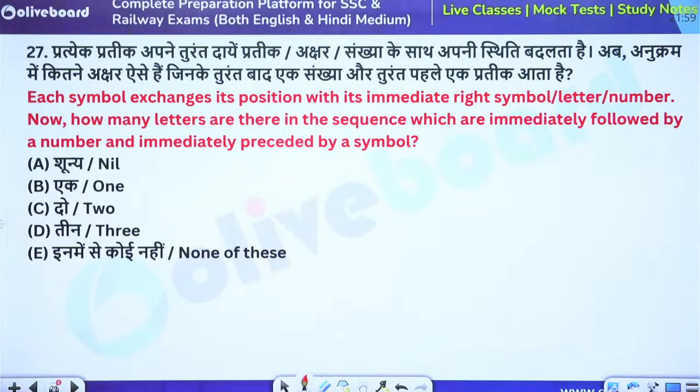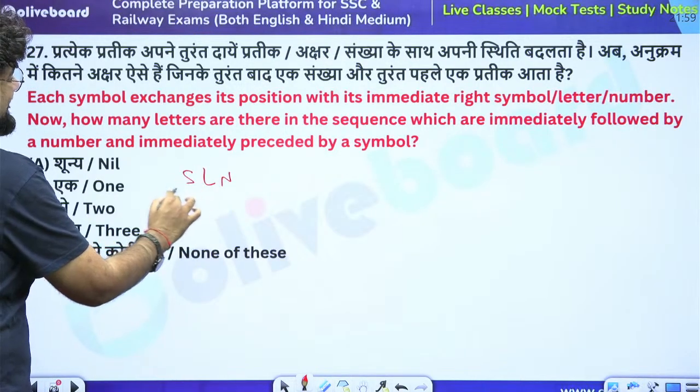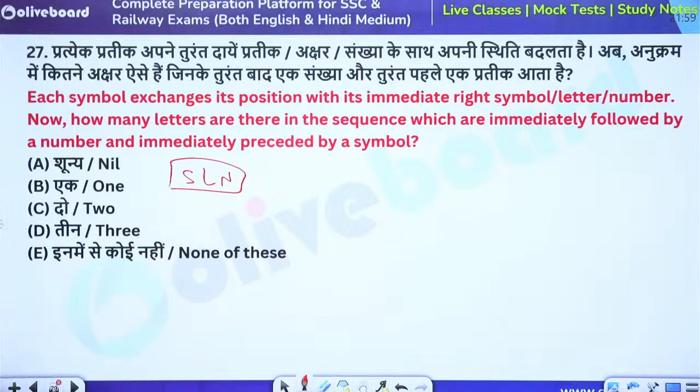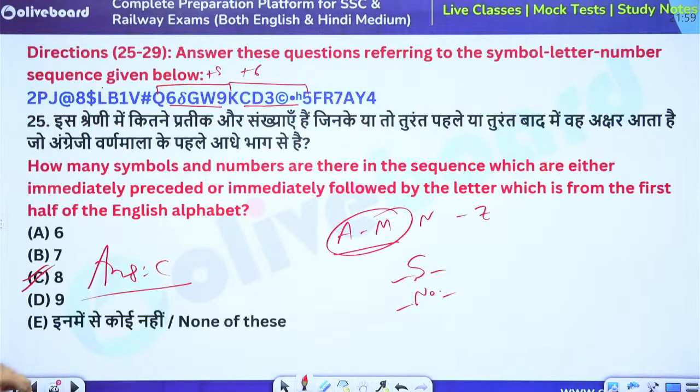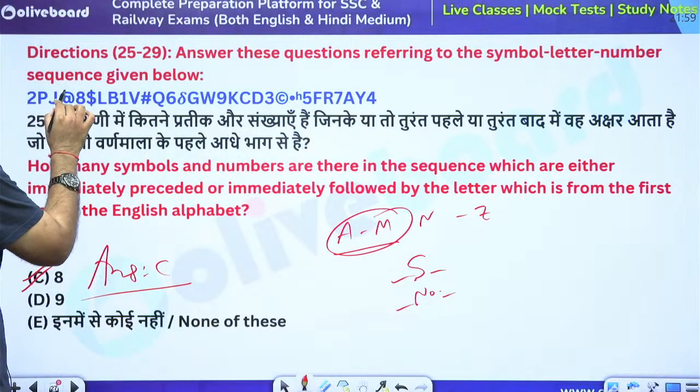Each symbol exchanges its position with its immediate right symbol or letter or number. Now, how many letters are there in the sequence which are immediately followed by a number and immediately preceded by a symbol? So this is what we are looking for, after exchanging the symbol with the right. So, symbols are going to the right. So this will be